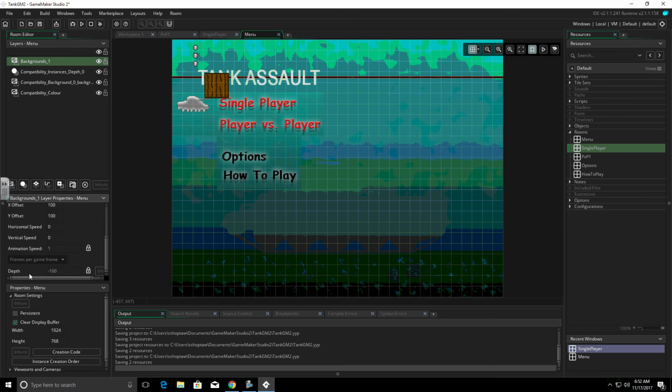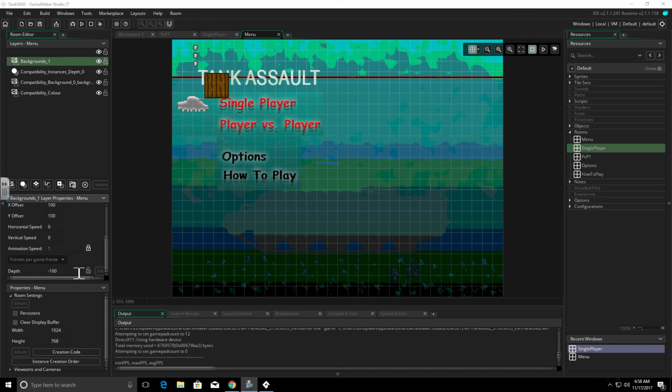And the last one down here is depth. We're going to take a second to talk about depth. First thing you'll see is this little lock here. Our depth is right now locked so that we can't change it. I can't click in here to type in there. You can simply click on the lock. It will unlock this number and allow us to type in here a certain depth.